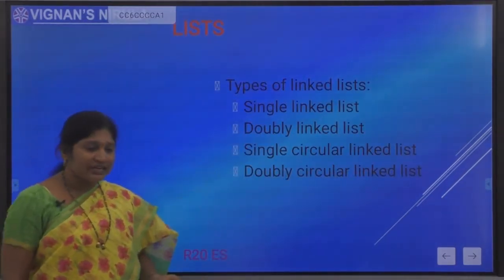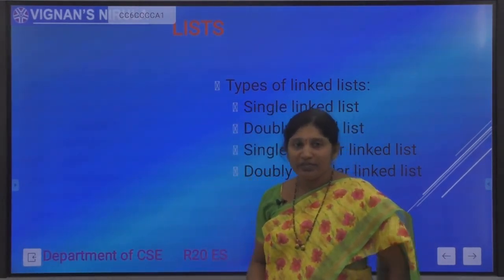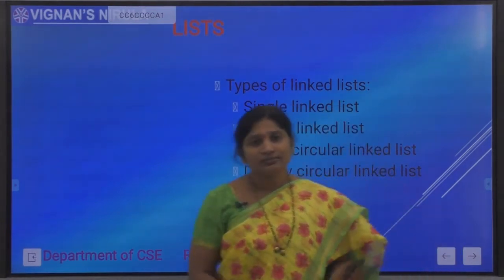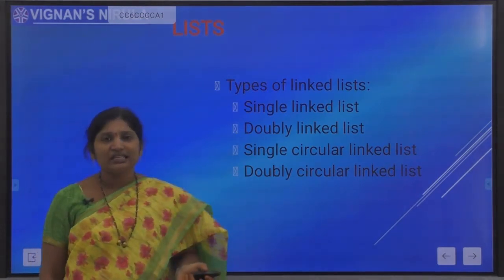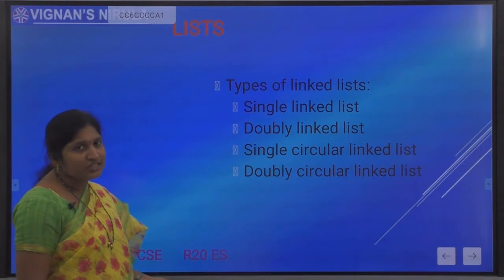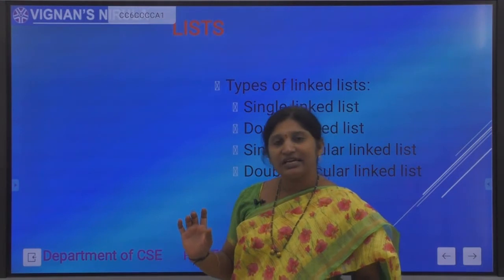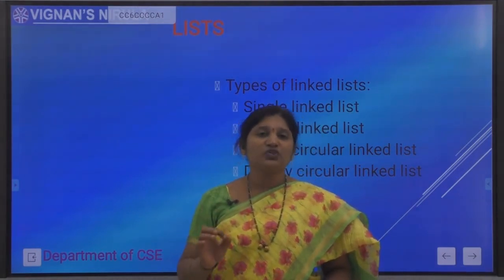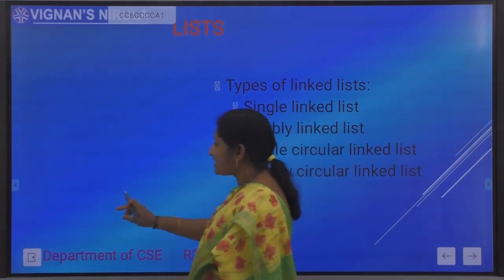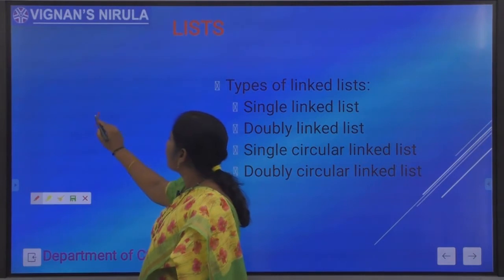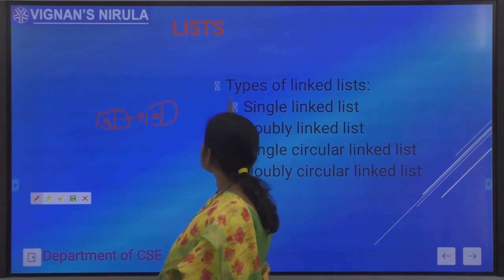So these are the normal kinds of lists we can use. We can have the single linked list, doubly linked list, circular linked list, single circular linked list and double circular linked list, which we can deal with in the next unit. The most common type is the single linked list, in which we have only a single link towards the next node, as shown in previous cases. Only a single link to the next node. This is a single linked list.